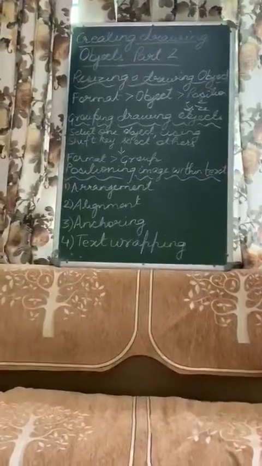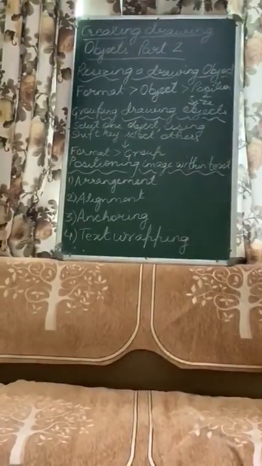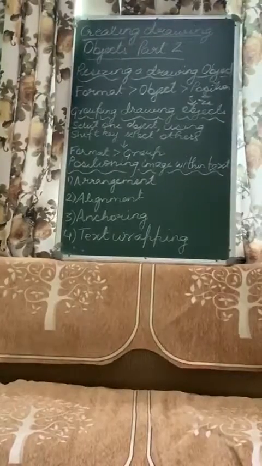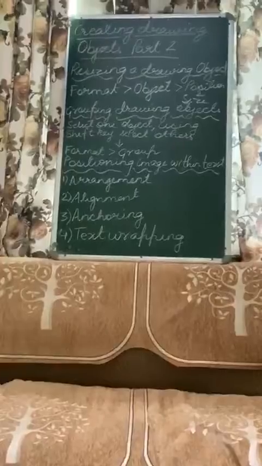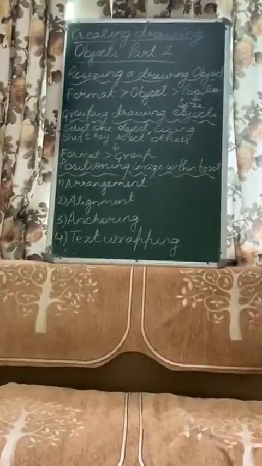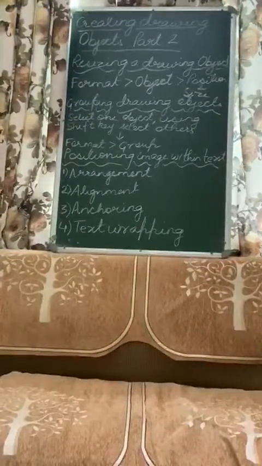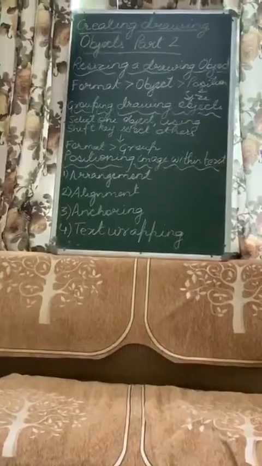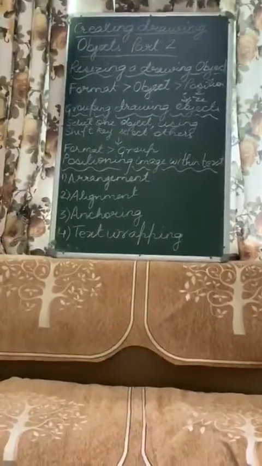The next is text wrapping. As you all know, text wrapping refers to the relation of graphics to the surrounding text, which may wrap around the graphic on one or both sides. Once your graphic is placed, the text will be wrapped around it, or it may treat the graphic as a separate paragraph or character.